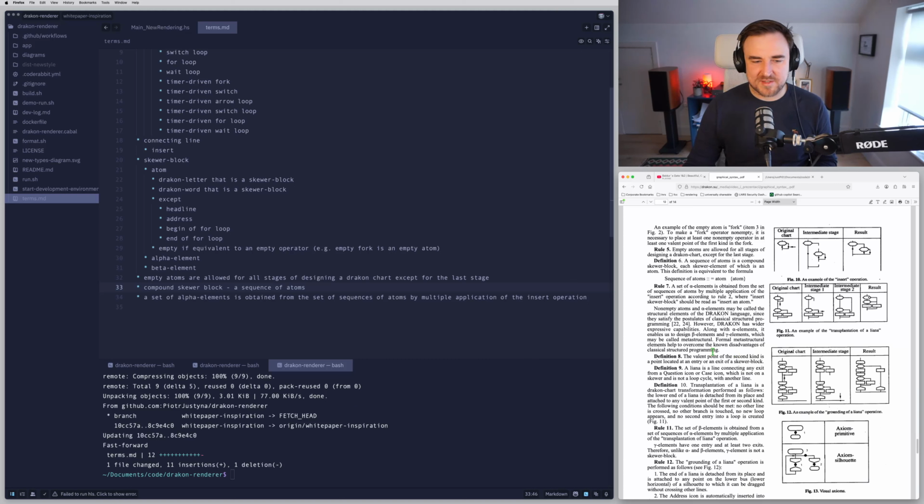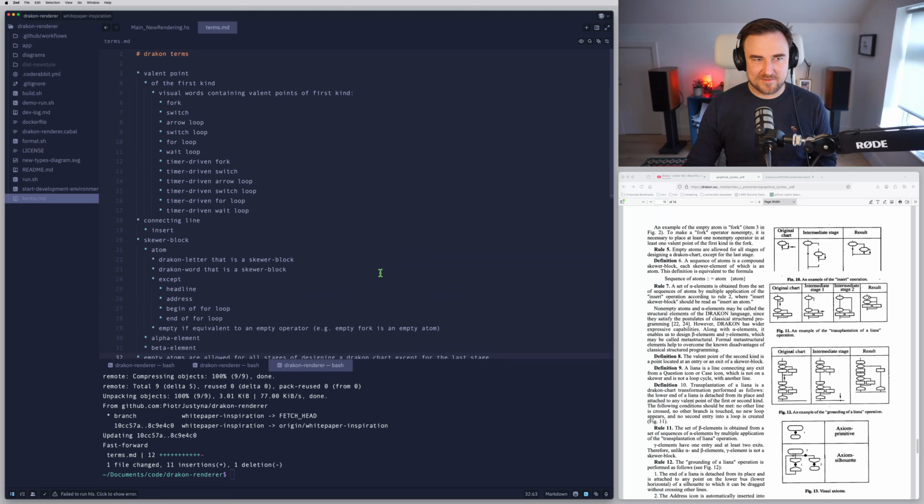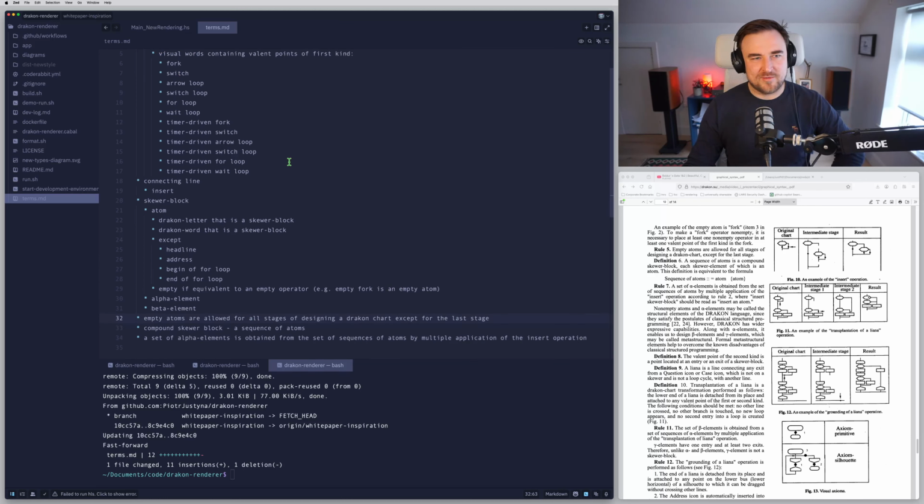The way these terms and rules are presented is attacking the bigger Dracon definition or problem from many different angles, and these angles don't necessarily meet. So I'll be continuing to flesh this terms document out. But in the meantime,